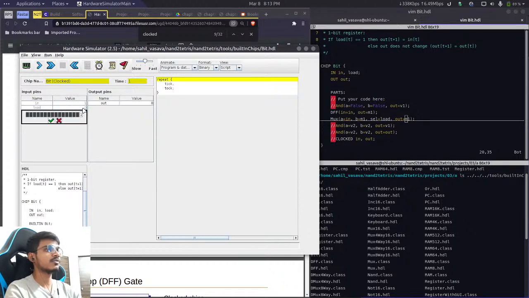But if we provide the load instruction and now do tick and tock, we have the output. Inside this bit, in and load are clocked. But that's what I said earlier, that in and load will be clocked. That's given, but